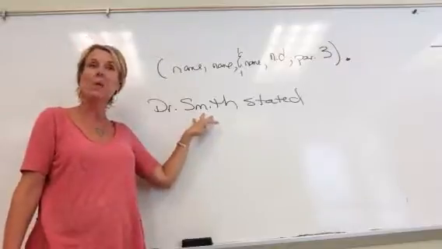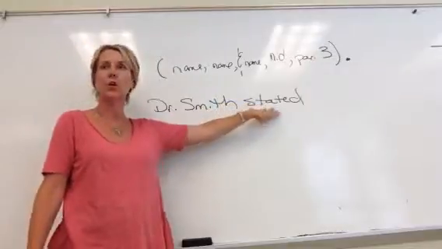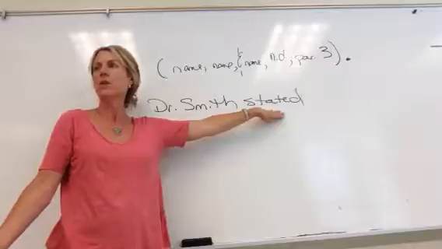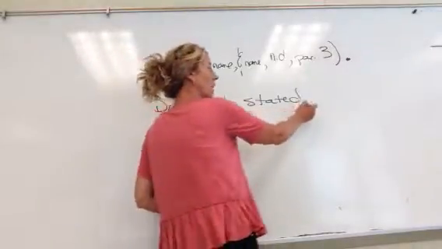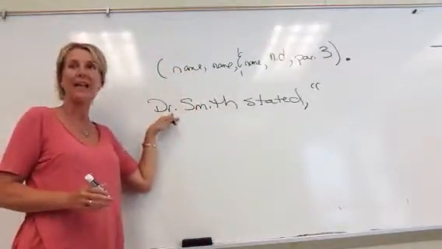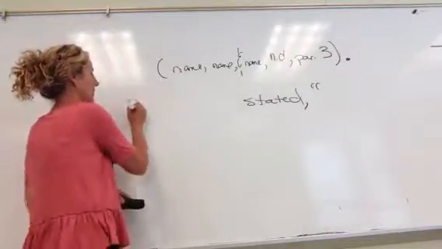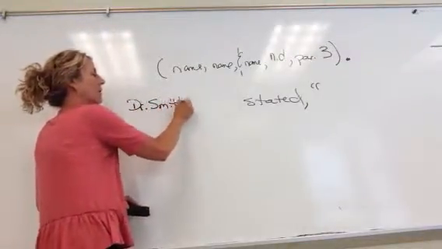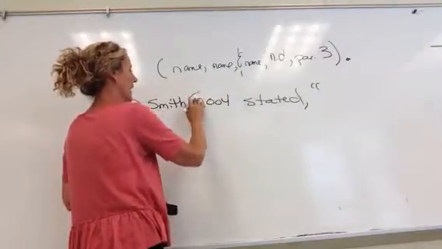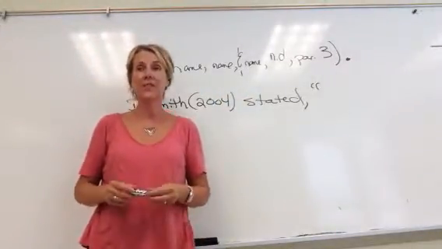Or the noun might be a website, or the noun might be the name of an article. But you've got this noun, and then you've got the verb, stated, explained, authorized, some kind of verb that you're going to use. Then you do a comma, quotation marks, and you go into the quote. If you have APA, you have to do the year after his name. So what we do is we expand it a bit. We go Dr. Smith, and then we put that year in there. 2004, let's just say, and then you go on with the actual verb that you have for the signal phrase,